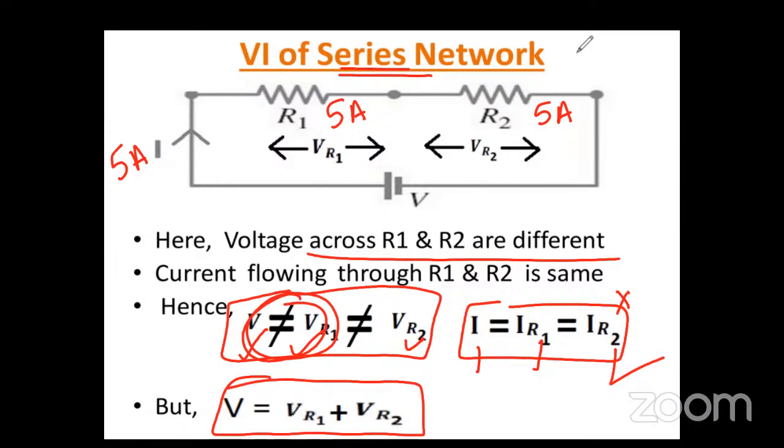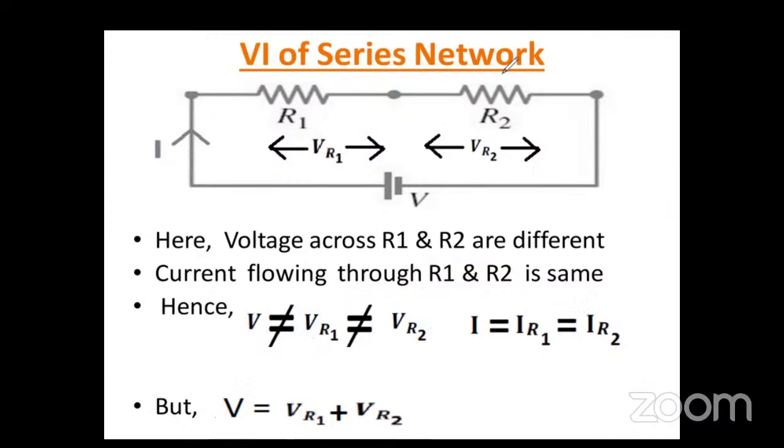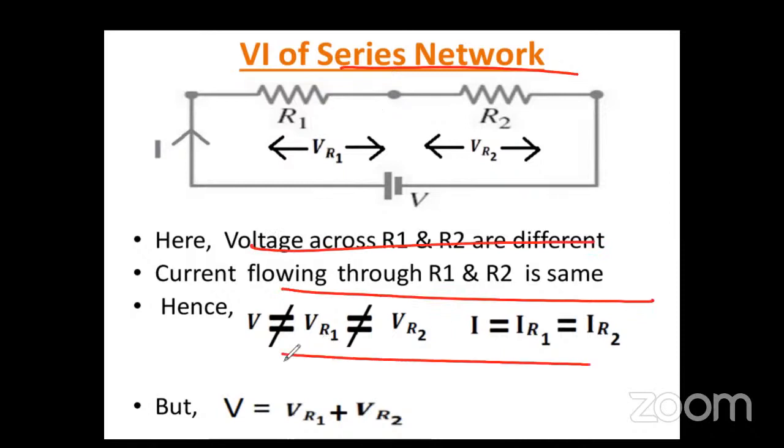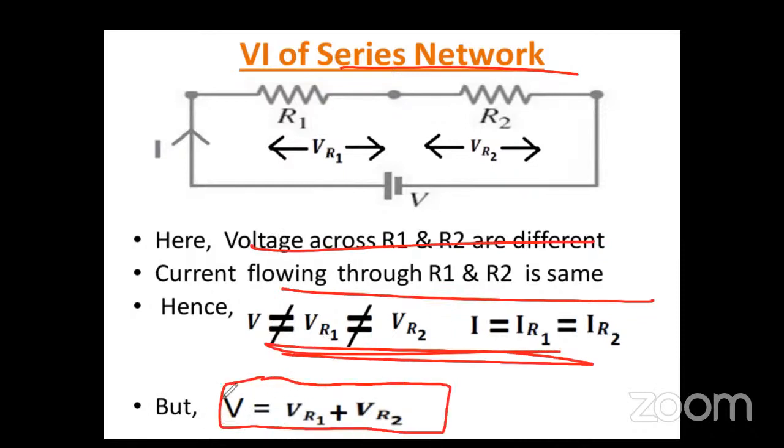Any doubt in this series, and we'll solve the sums based on this series network. Don't worry, we'll solve the sums. But still, do you have any doubt based on the series network? कुछ भी doubt है? So voltages are different, current are same. These are the conclusion,